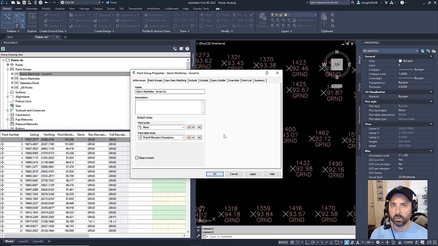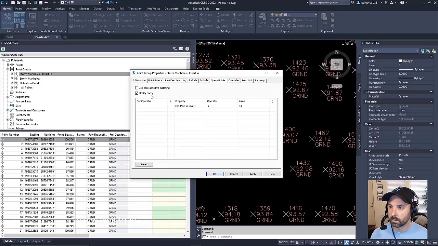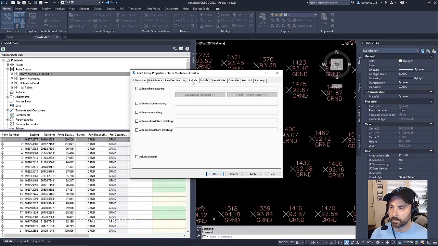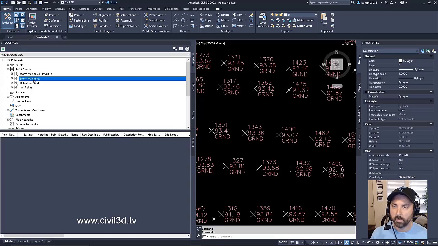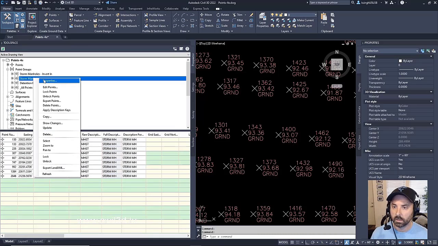Let's just say we don't want to include those ground shots. Let's go into our query builder, uncheck this modify query, go to include, and we're going to include raw descriptions matching manhole. Actually, let me cancel out of this. Let me make sure I'm doing this right. If we go under storm manholes, right click, go under properties,